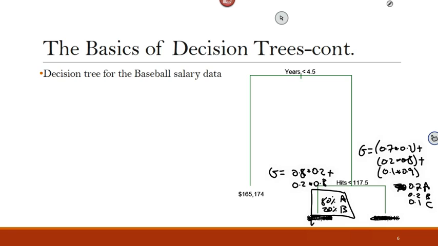It's a simple equation, and you take the sum.